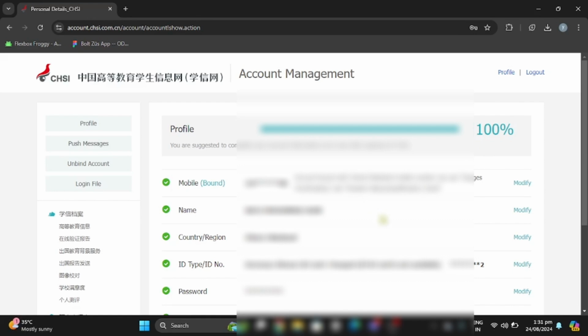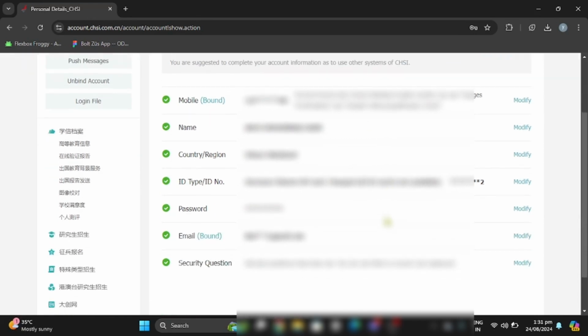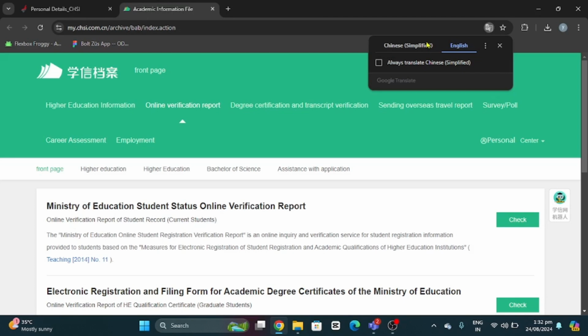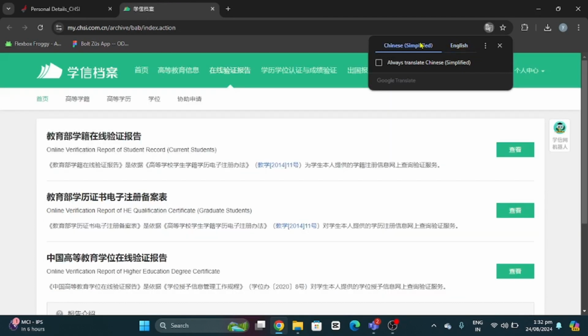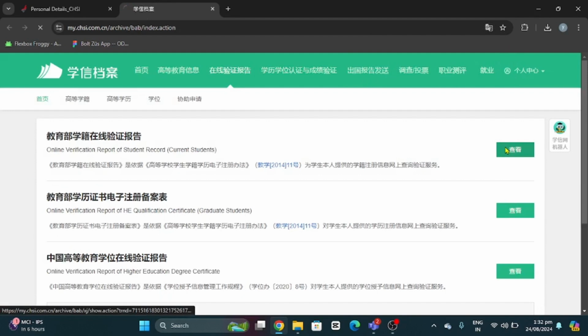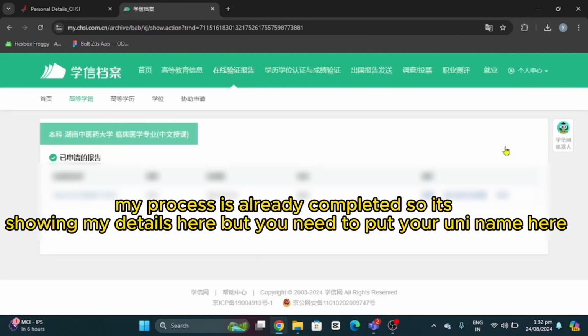It should be 100% completed. It will show you your bound mobile number, your name, your country, region, your ID type, your password, and all those things. After checking your profile, you need to click on this third option and it will take you to a new page, and on this page you can choose your preferred language, Chinese or English, whichever you prefer. You need to click on the first option and it will show you a page where you need to put